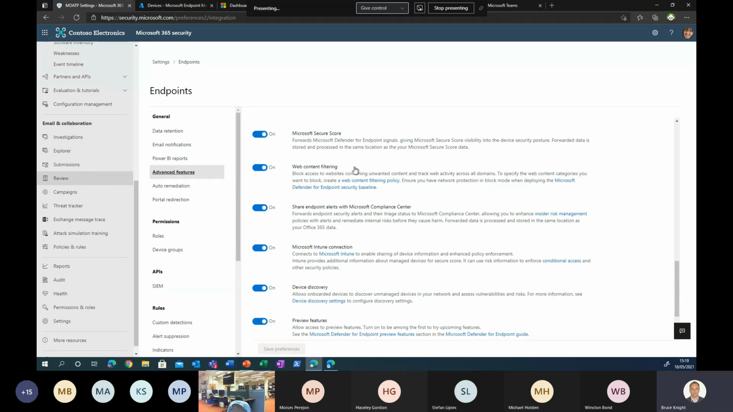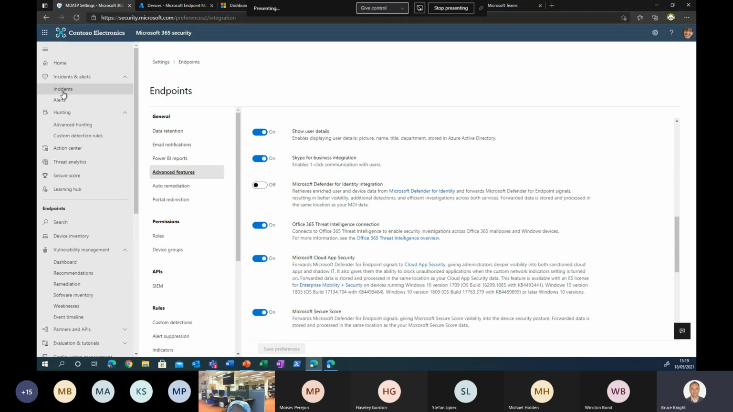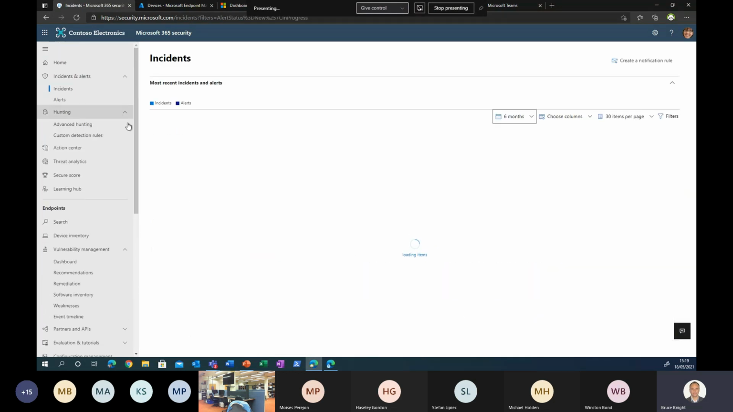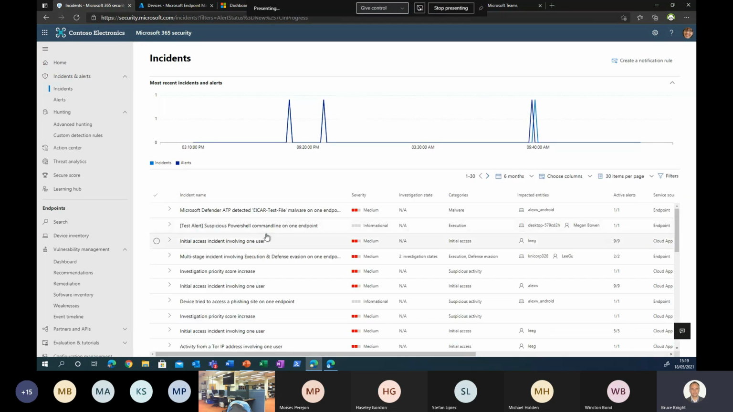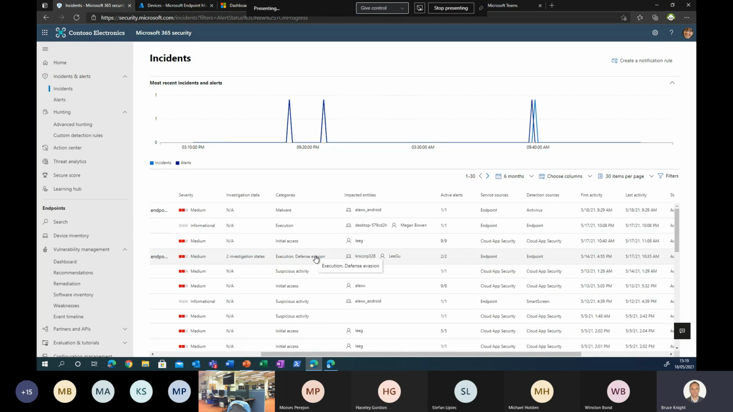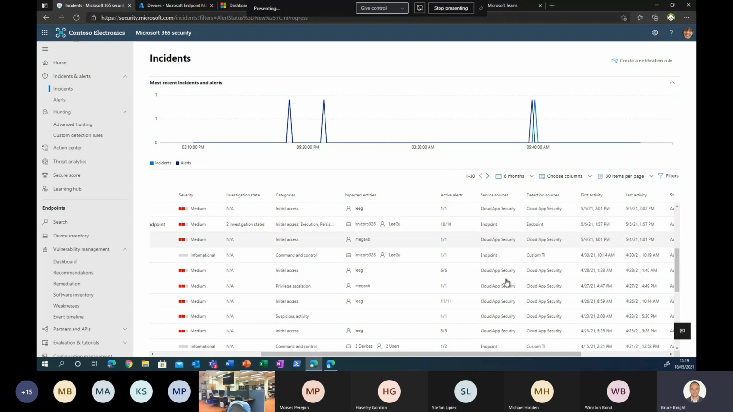And so once devices are onboarded and you set up that connection piece, then obviously you'll start to see incidents pop up in here. And so incidents is the place you would kind of start out at, so this will correlate alerts across the different sources as mentioned. So if you have the other services up and running like Microsoft Cloud App Security, Defender for Office 365 and Defender for Identity,